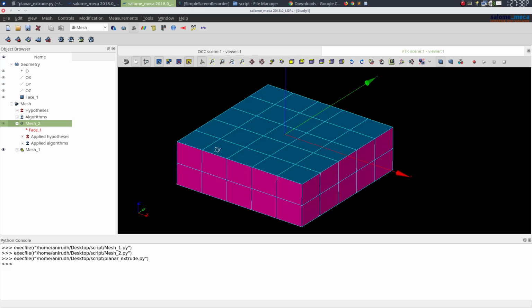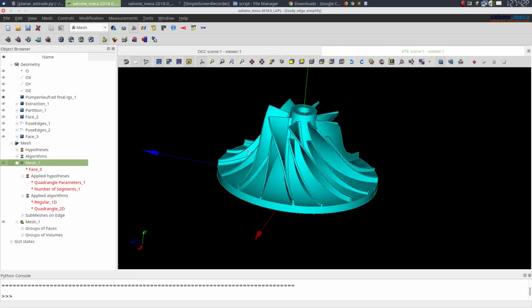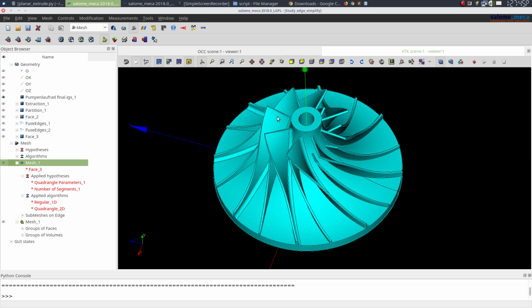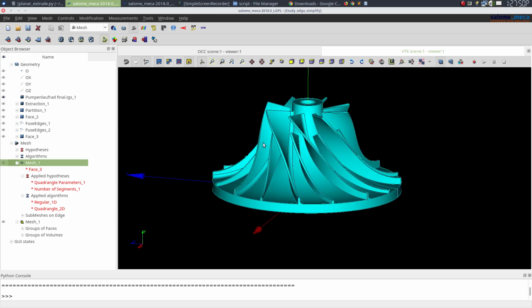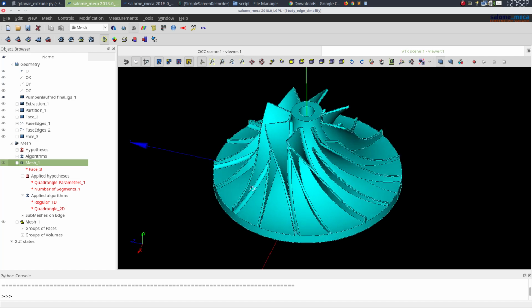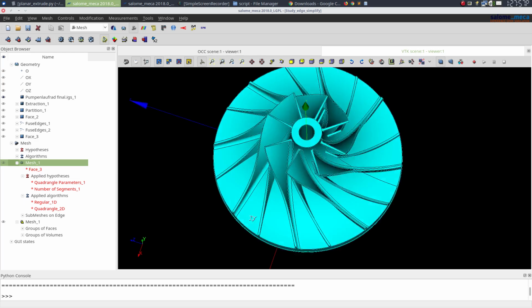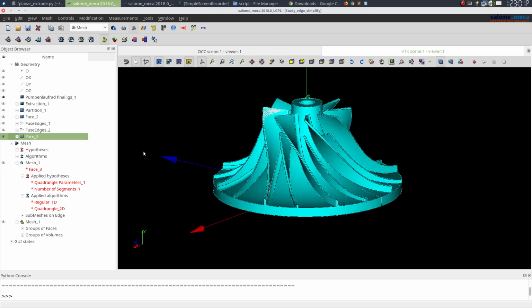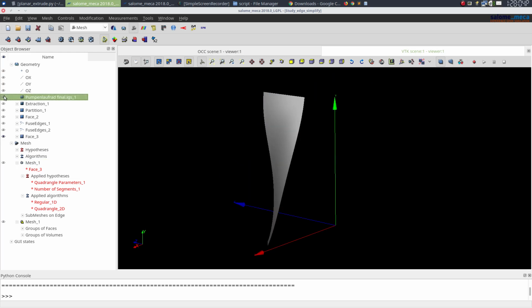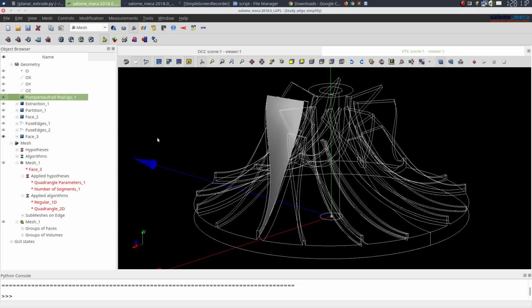Now let's move on to a more complex example. Here you see an impeller, and I have done some work over here to extract these impeller surfaces, which are very curvaceous and are very important for the proper functioning. This is one of the faces that I've extracted, and so I just created a mesh over here,